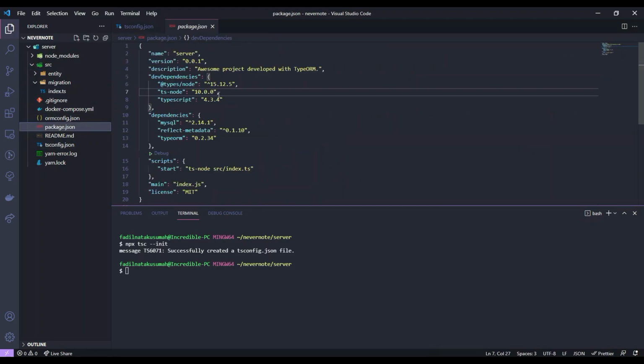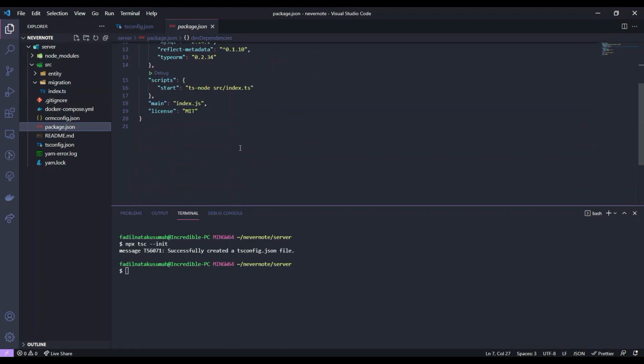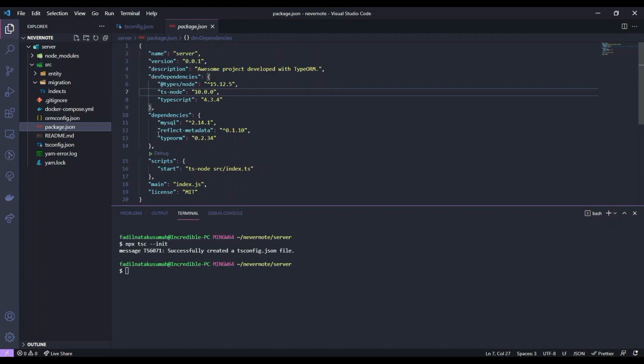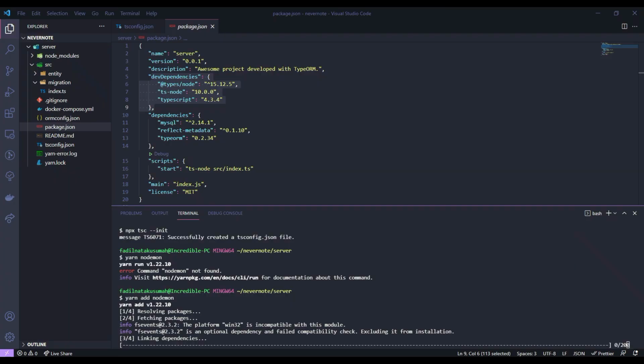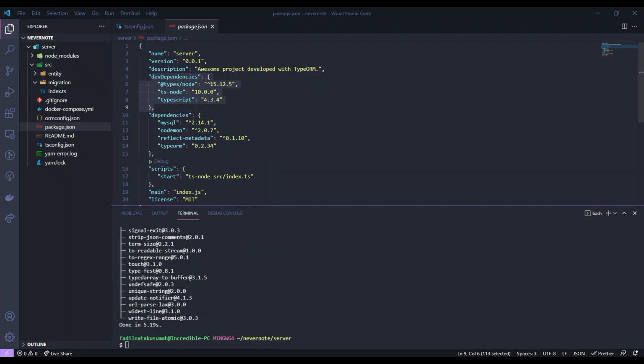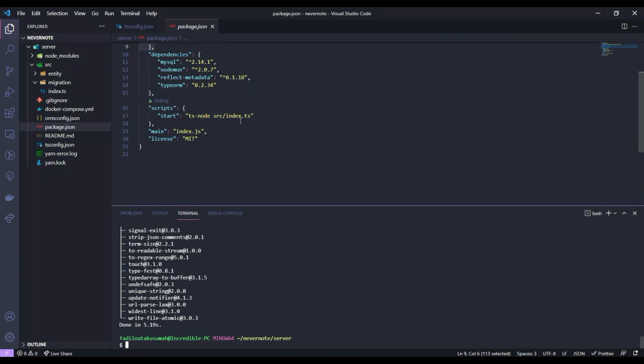Okay, we will add some packages to help us in developing. First, we need the dev dependencies. What are those? That is yarn add node1. Yarn add node1. Okay, and here we want to